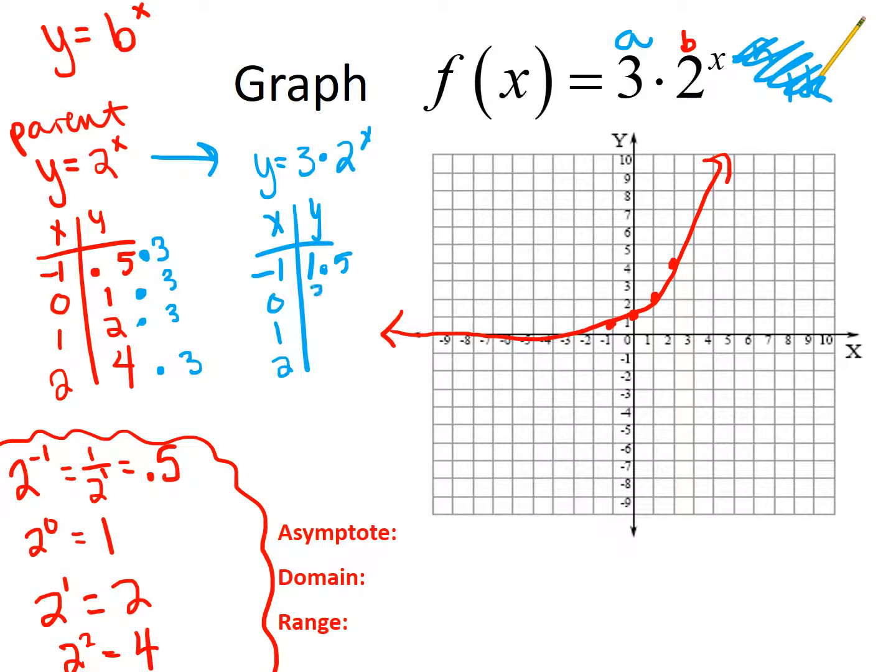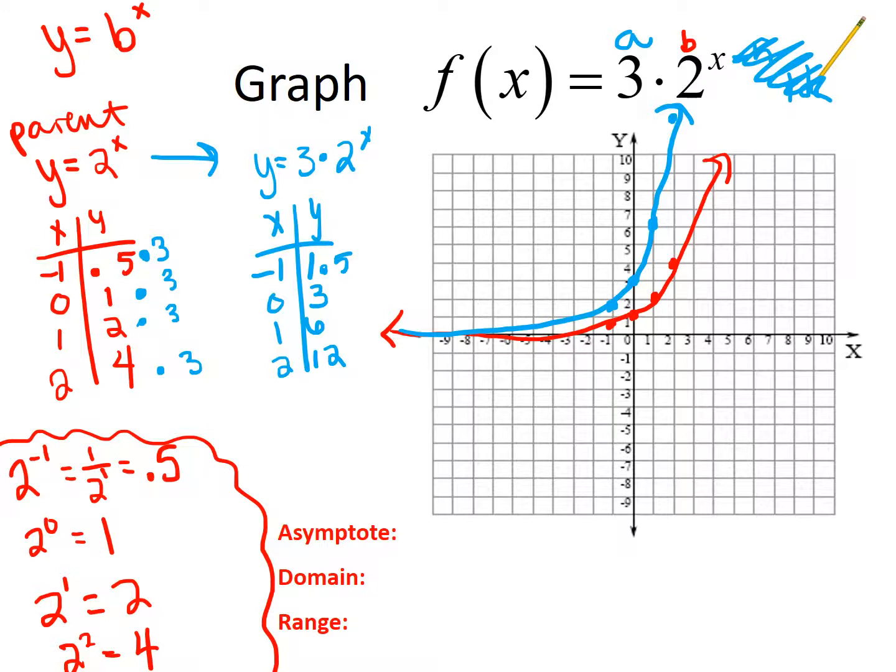1 times 3 is 3, 2 times 3 is 6, and 4 times 3 is 12. So it's going to go a little bit off the graph. But if I plot those points, now I have -1 up 1.5, 0 up 3, to the right 1 up 6, and to the right 2 up 12 or so. So if I connect my points here,